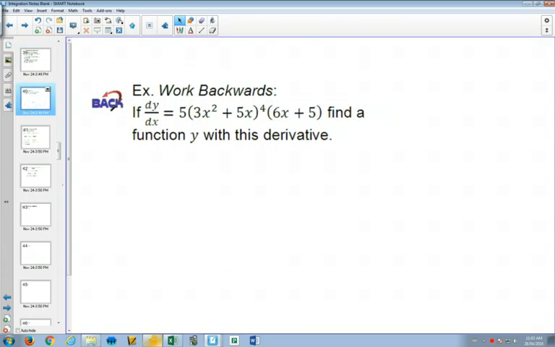Here's one of the examples that we did before. So if you were working backwards, the idea here is we notice two functions. I'm going to highlight this one in yellow and this one in green. And the yellow one and the green one are related because one is the derivative of the other one. And if we think back to the chain rule, so in other words, if we write out what this was originally,